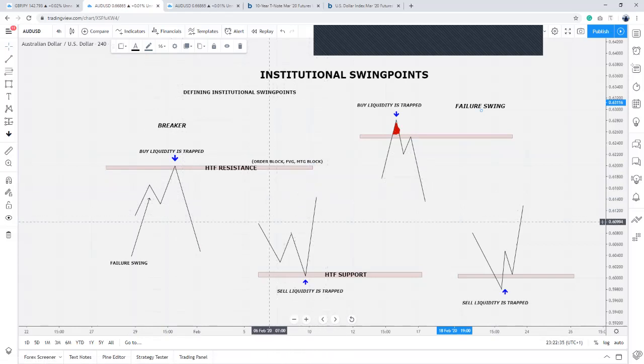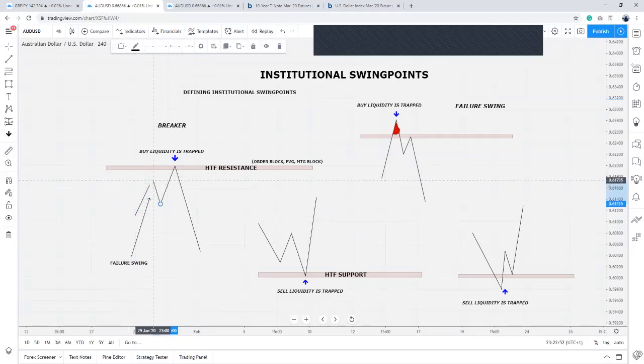Now let's get on to this. As IPDA starts to drive price toward a higher time frame resistance level, you're going to see higher highs, higher lows, higher swing points, basically. Now, as price starts to get towards the higher time frame resistance level,